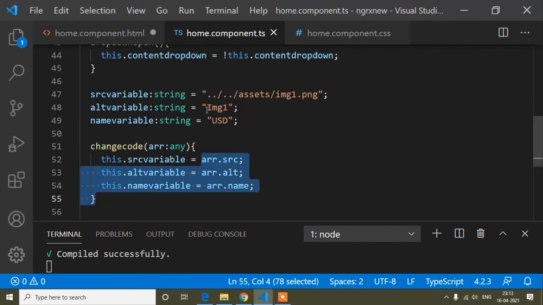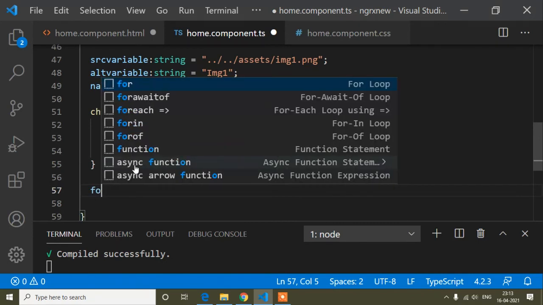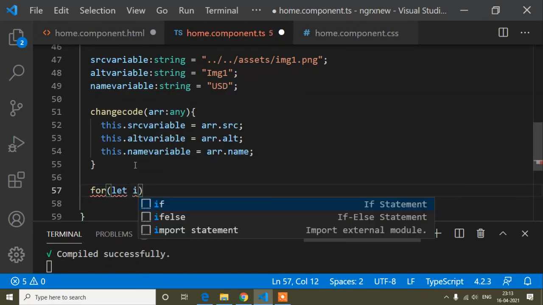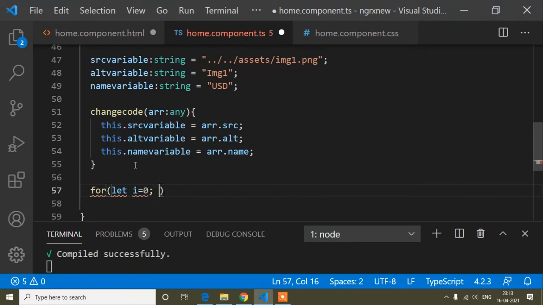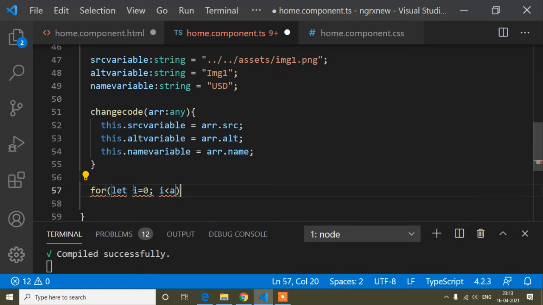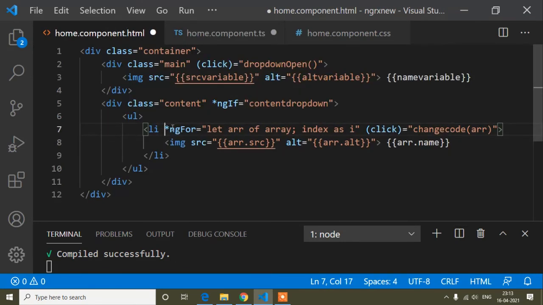In the for loop we write, if I show here, when we write for loop, that time we write let i equals to 0, and i will be counted up to this dot length this way. So this is a for loop also. So if I show here, you can see this is the for loop.